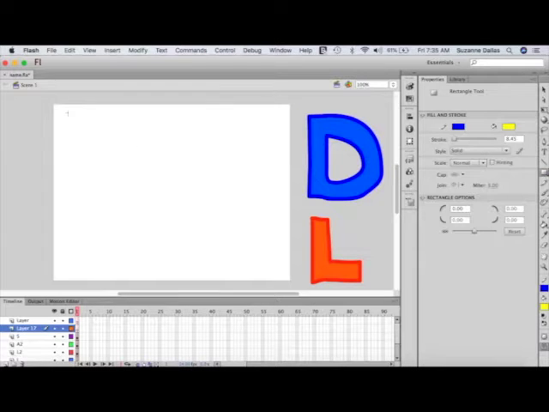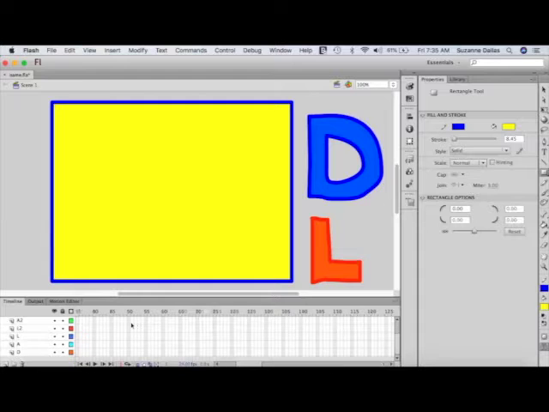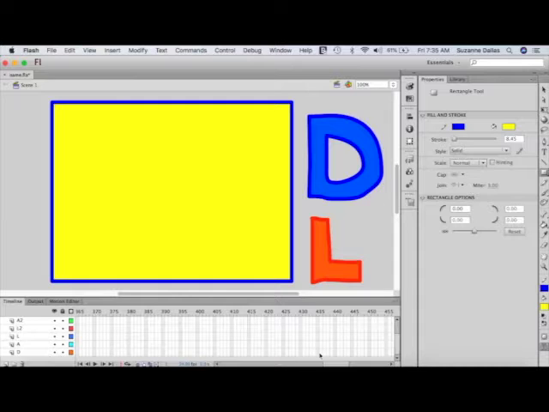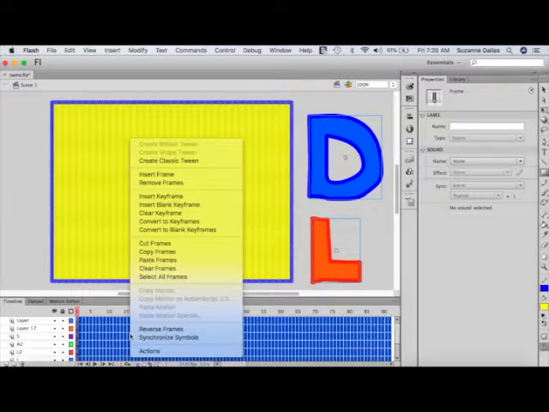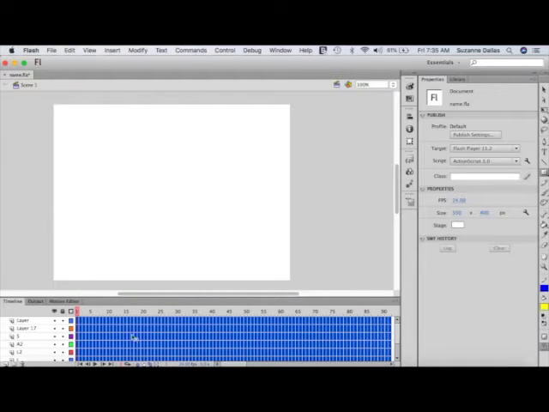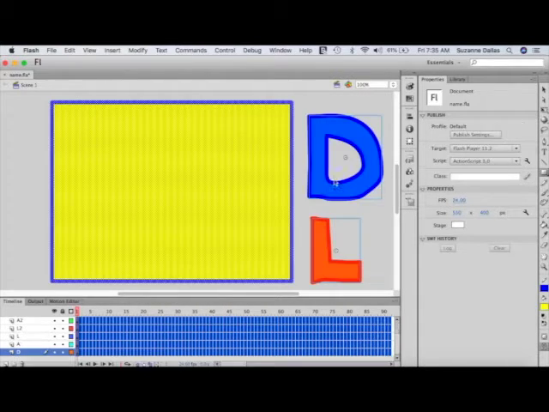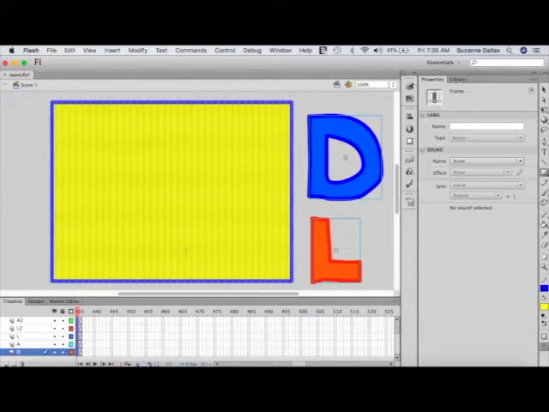and I'm also going to add another layer. And on this layer I'm just going to draw in a background rectangle that's filled in, so I have some kind of backdrop. Now we need to select a bunch of frames, so I'll just go near the end somewhere. I'm going to click and drag back and highlight all of those. And I'll right click and insert, oh, I hit the wrong one. I definitely want to undo that one. I wanted to click on insert frame, not remove frame,